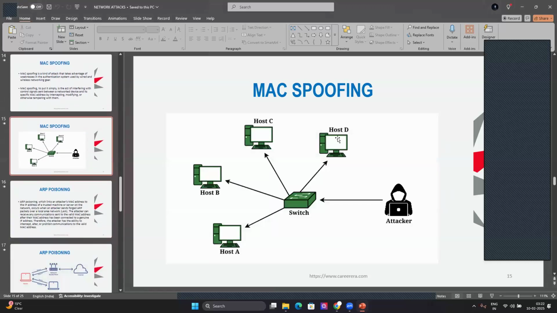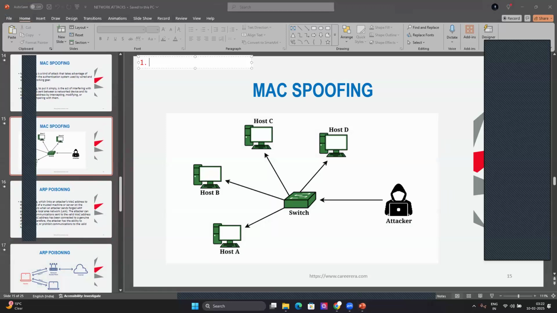So how can we prevent this MAC spoofing? First, implement